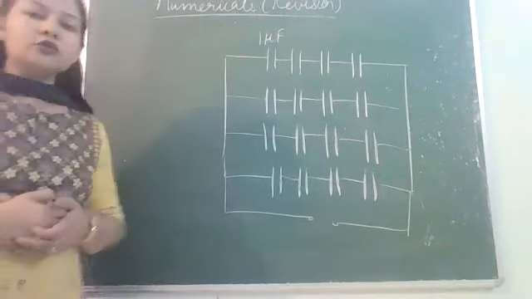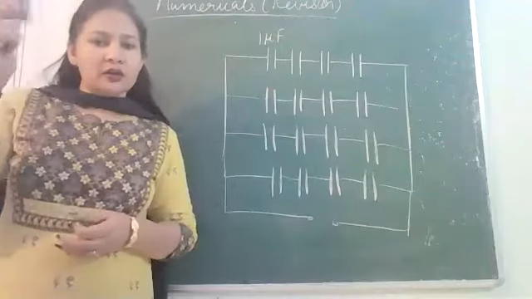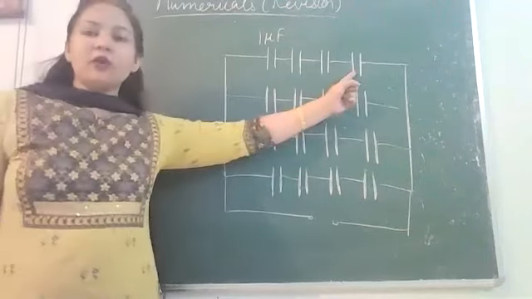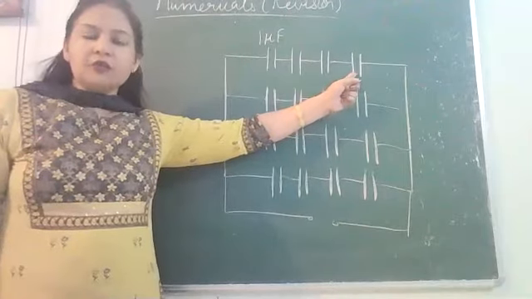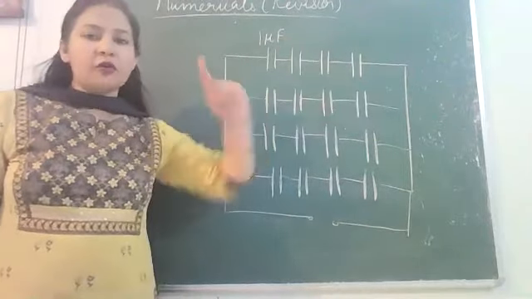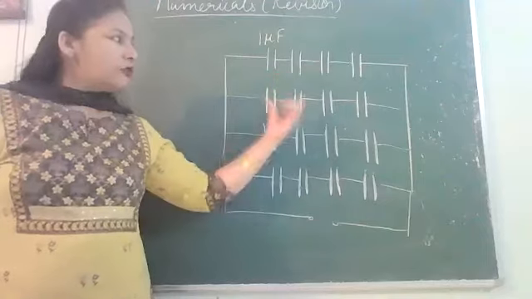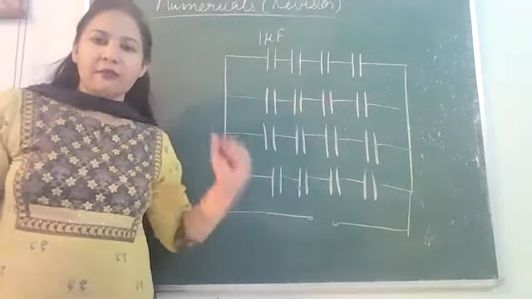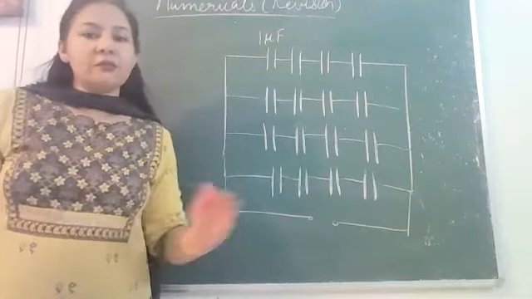Okay, we are to do as we used to do for resistances. The results will be reversed. So when we are in series, we won't be adding the capacitance. It won't be 4, so it will be C by 4 in one branch. C by 4, C by 4, C by 4, C by 4. There will be 4 capacitors in parallel. And in parallel, we simply add them up.